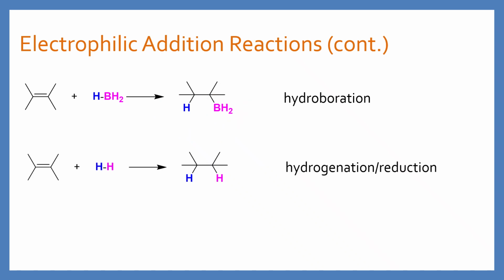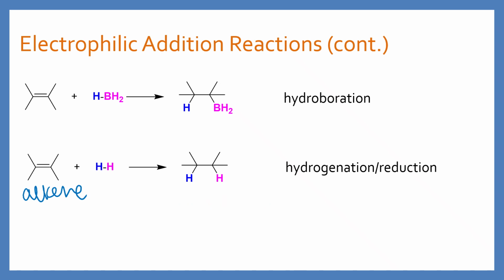And then the last one is hydrogenation, which can also be called reduction. So this is hydrogenation because we are adding hydrogen across the double bond. So hydrogen and hydrogen, right? The reason it's also called reduction is because this is a situation where we took an alkene and turned it into an alkane. So we took a double bond and turned it into a single bond, and that is a